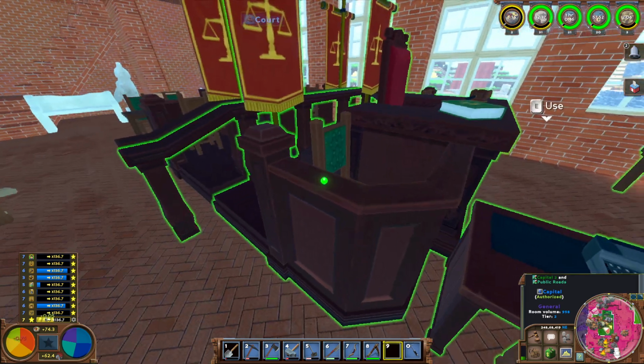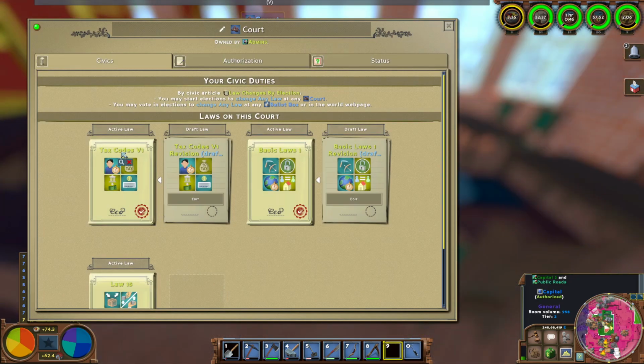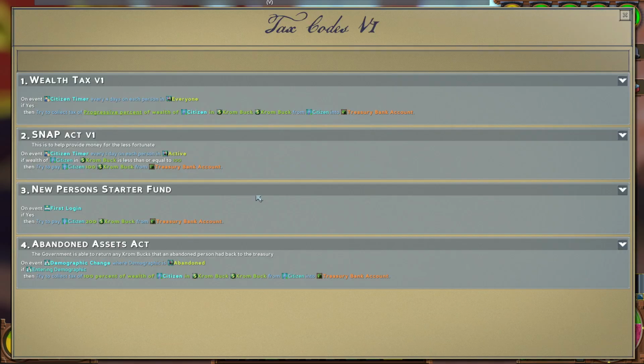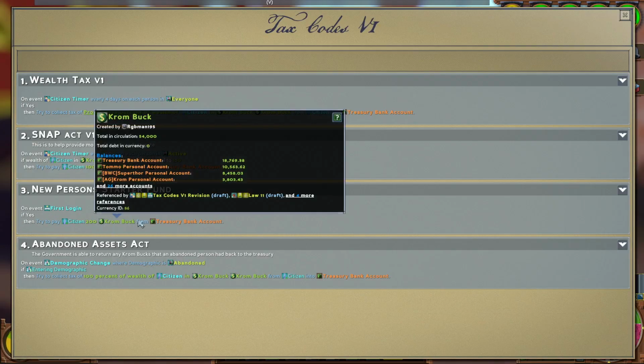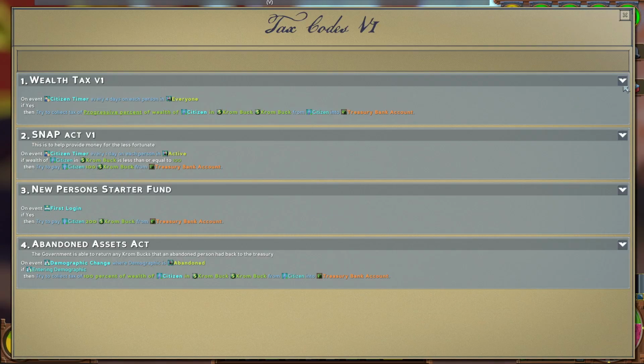Like I said, let's see what else we've got in here for laws. So like tax codes, okay? For example, you can look in here in the tax code. We have a progressive one, so here's some of this over here. We have a wealth tax, we have the SNAP Act, so basically if you have less than 100 currency, it gives you 100 currency. If you first log in, it gives you 200. If, for example, you don't like the tax rate,